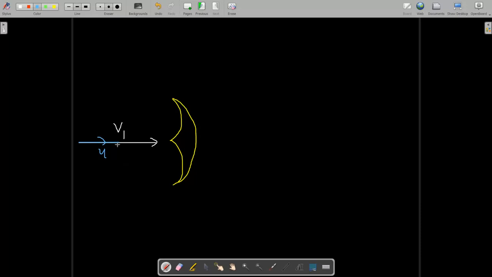So doing the vector difference, we will get vr1. The remaining portion is known as vr1. So from the figure we can write vr1, that means relative velocity at inlet, is equal to v1 minus u. Remember in a Pelton turbine the water is entering tangentially. For that it is not making any angle like alpha 1 or anything. It is coming straight, totally tangential.